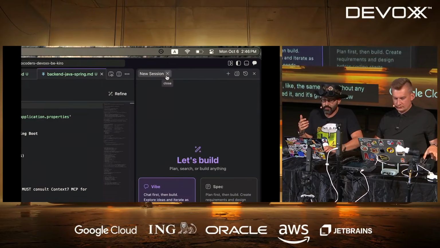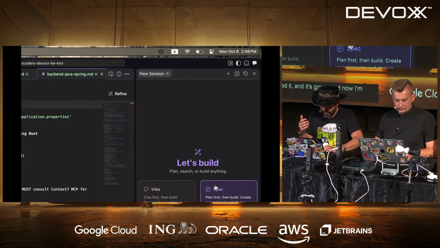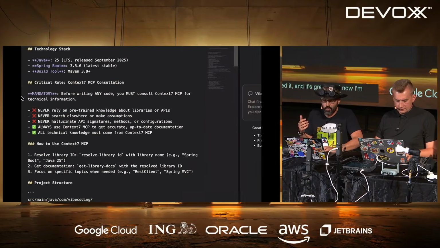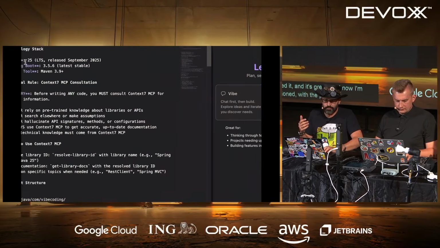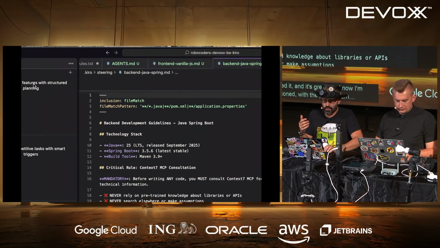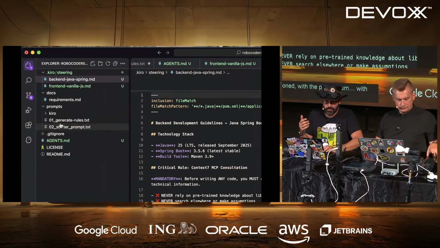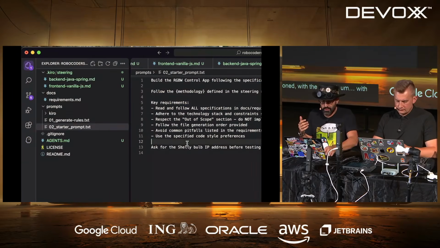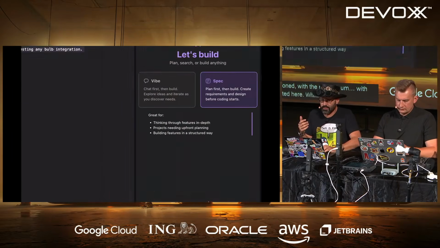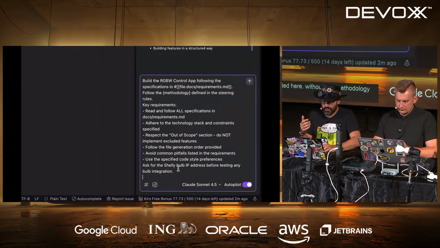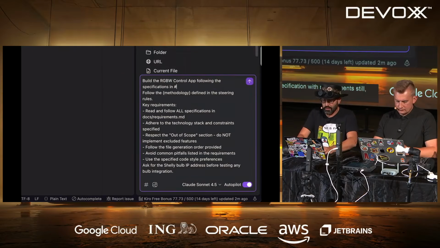And now I'm going to create a new spec, as we mentioned, with our general prompt, which is getting started here, without any methodology mentioned. So again, I'm going to go in specification with requirements. Still, the requirements are valid.